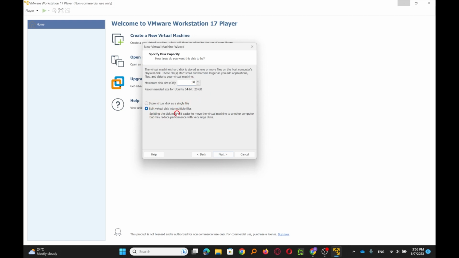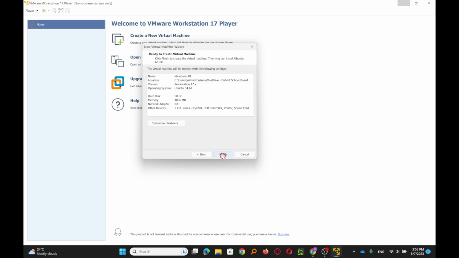Below, it has 2 options to save the virtual disk as a single file or multiple files. It does explain that having multiple files just means it is easier to move your virtual machine to another computer. I'm going to keep it as a single file, since I'm not really interested in moving it to another computer. So I click on Next.